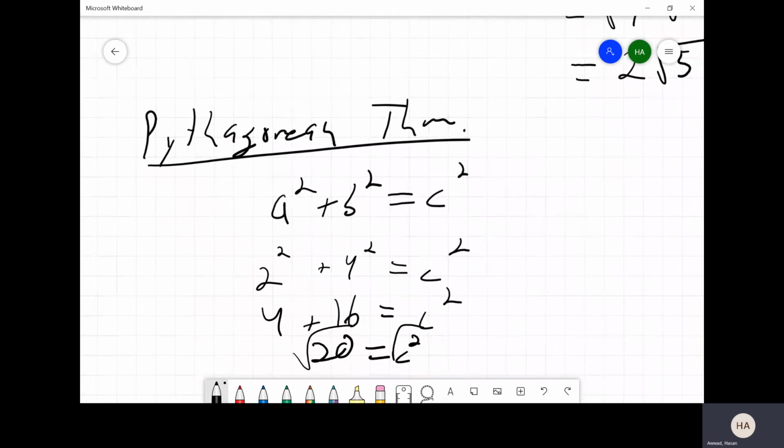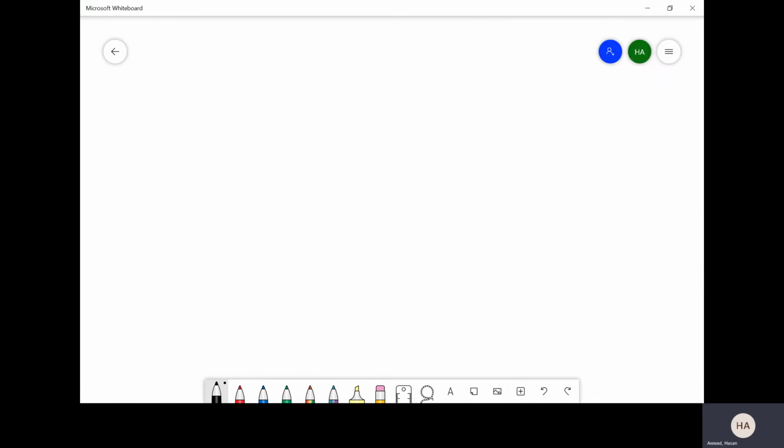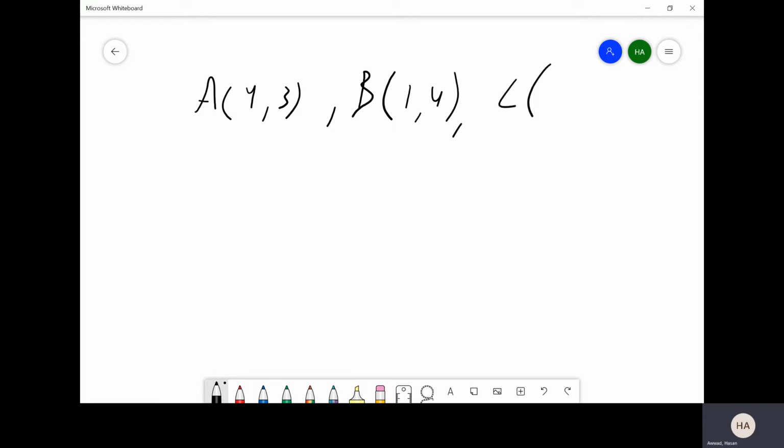Okay, so hopefully that makes sense and that wasn't too bad for you. Okay, so given all that, let's go ahead and do one more example here with Pythagorean theorem, okay? So let's say we had, and I'm just going to clear off everything now. Let's say we had the points A being at 4, 3, B being at 1, 4, and C at,